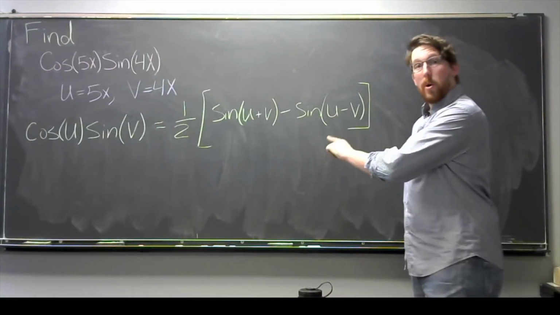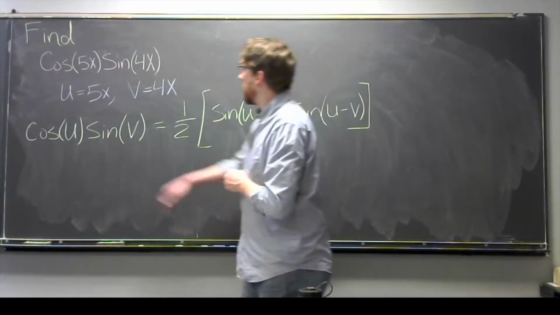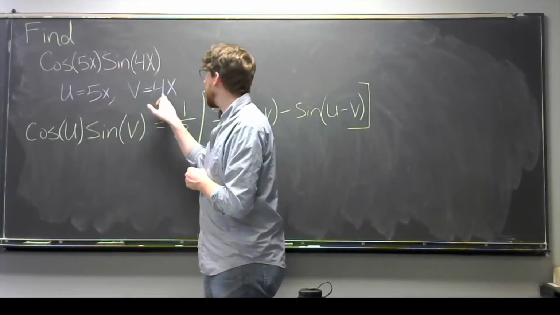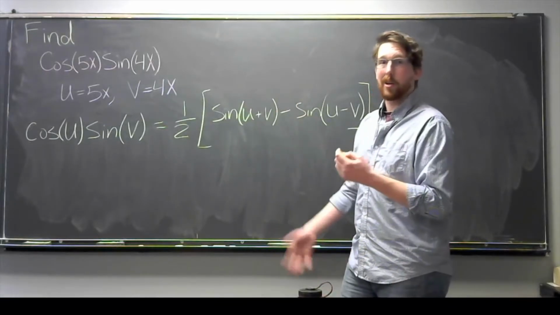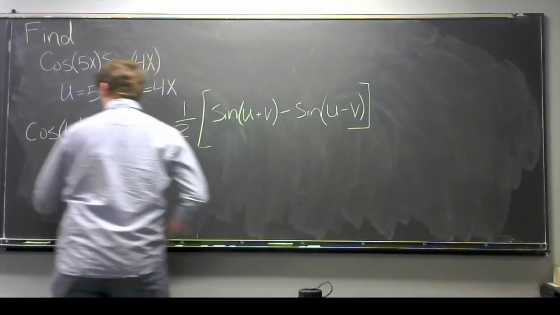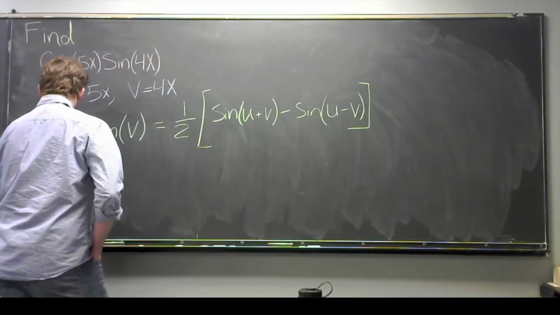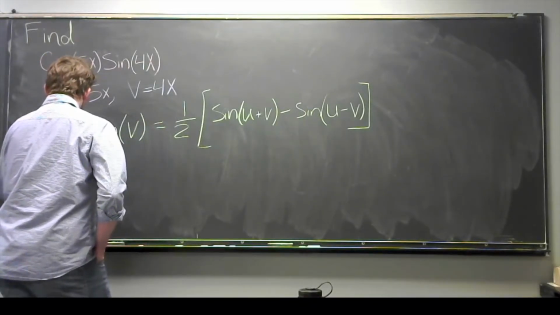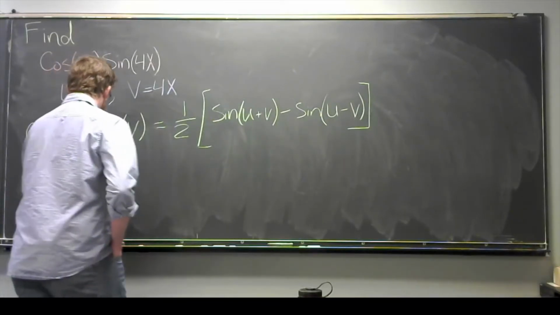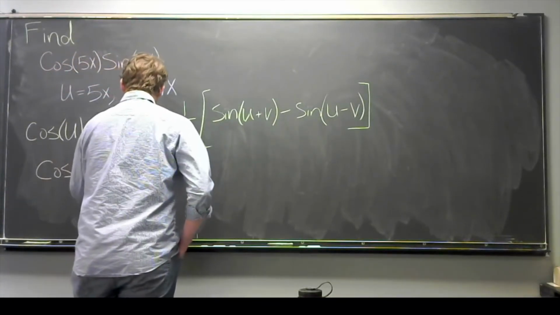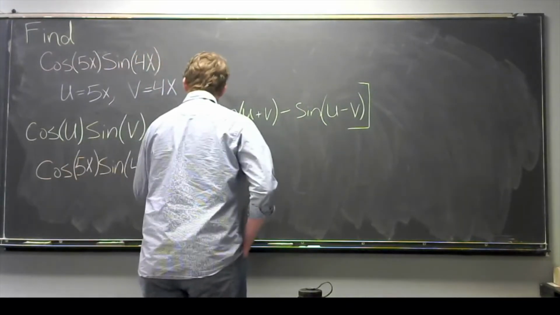So, knowing this formula, we can now apply our 5x and our 4x right in and just solve this outright. It's pretty quick. Doing that, we're going to get that the cosine of 5x times the sine of 4x is equal to 1/2